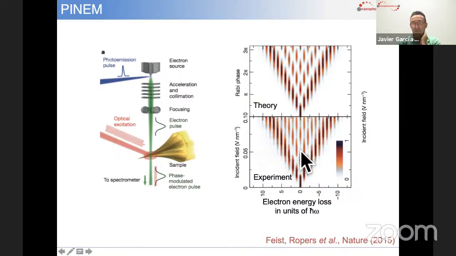One of the most important consequences of this is that you have an electron that contains components with different energies, which are coherent if your external light is coherent. If the electron has absorbed photons or emitted photons, you have components that are accelerated, or components that are decelerated. As a result of that, after you propagate the electron for a long time, there will be compression of the electron, and this is actually what you find